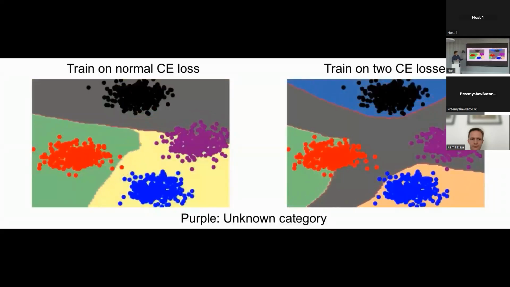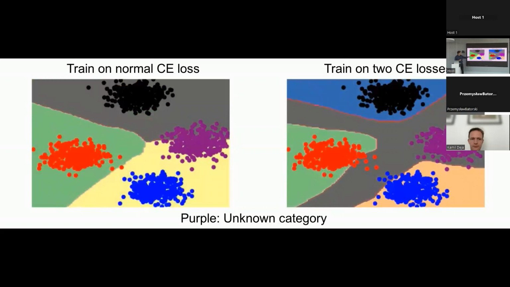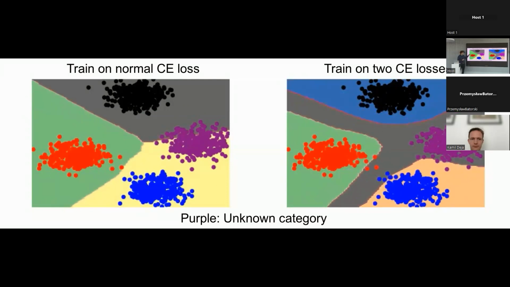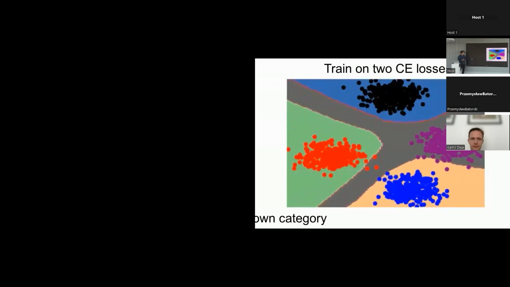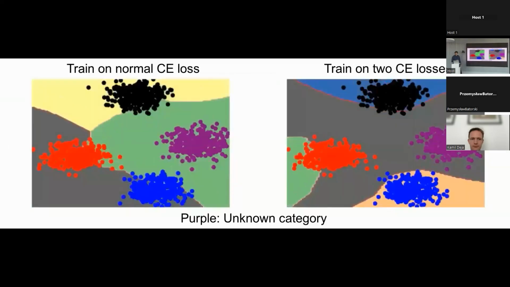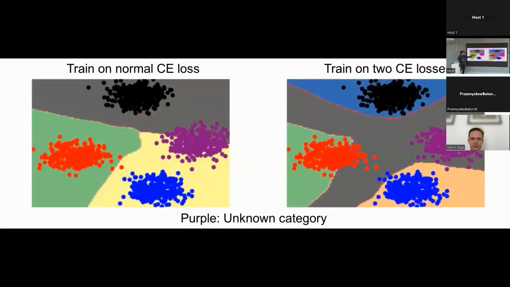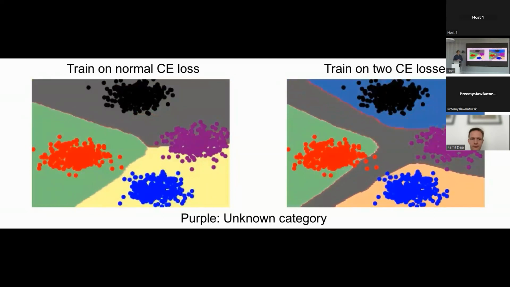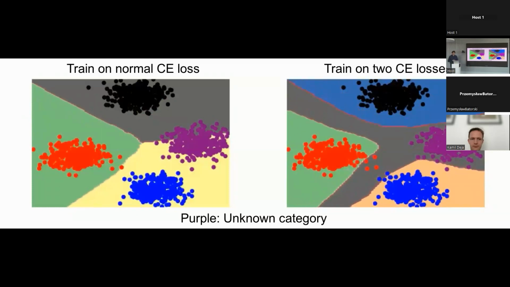Here is what happens during training. So here we have three classes: the black, red, and blue. The purple is out of distribution. It's not used during training. And a normal cross-entropy will learn a classifier like this one. It will just say, okay, this is my red class. Now I have a decision boundary here somewhere in the middle. Very crisp decision boundary. And what happens when you introduce this out of distribution class is that it actually makes space for classes you haven't seen yet. So this gray part is all out of distribution. And in this case, this pink class, which wasn't seen, actually drops in the middle.